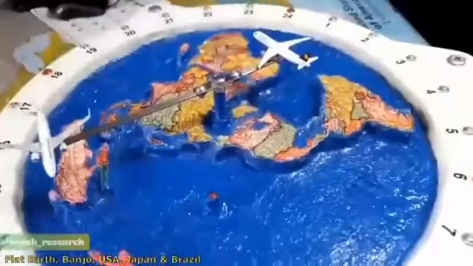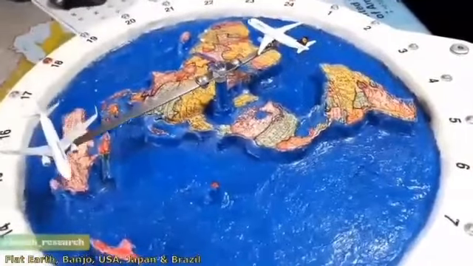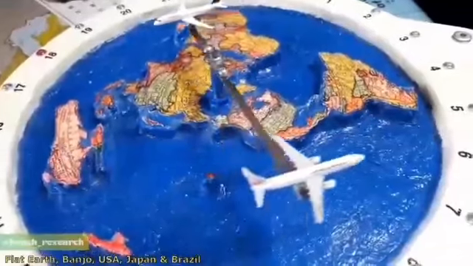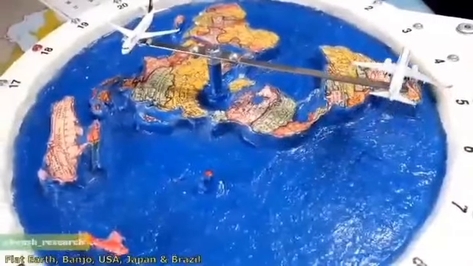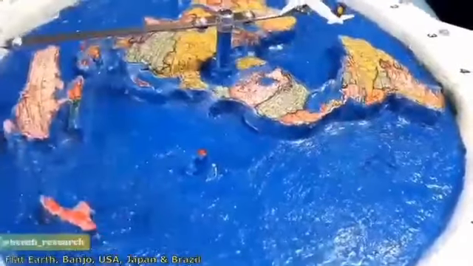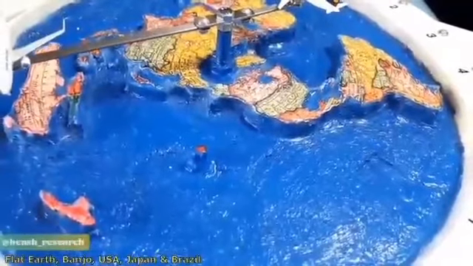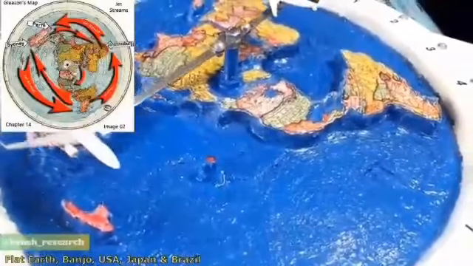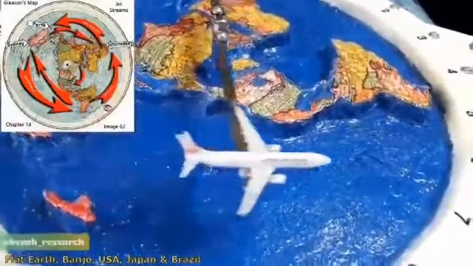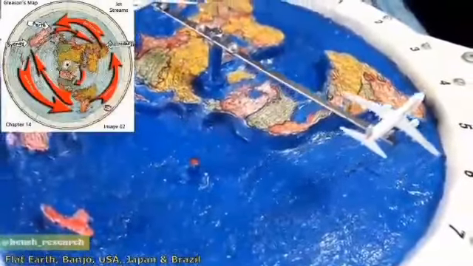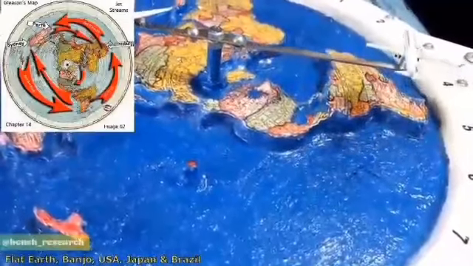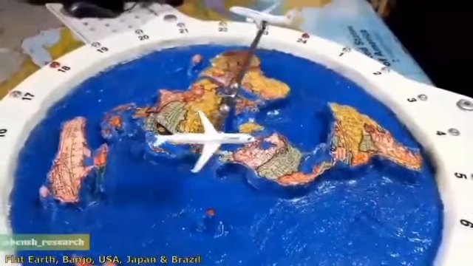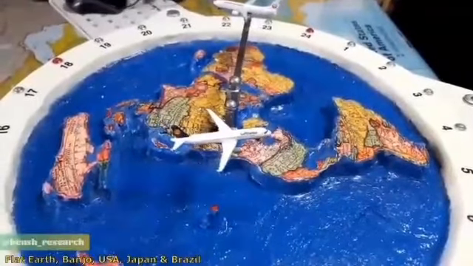Right here we see the airplane flying from Sydney to Chile, South America. They fly along the jet stream, which goes right here. It's a jet stream. That's how this airplane is flying. Same thing from South America to South Africa. Same thing from South Africa